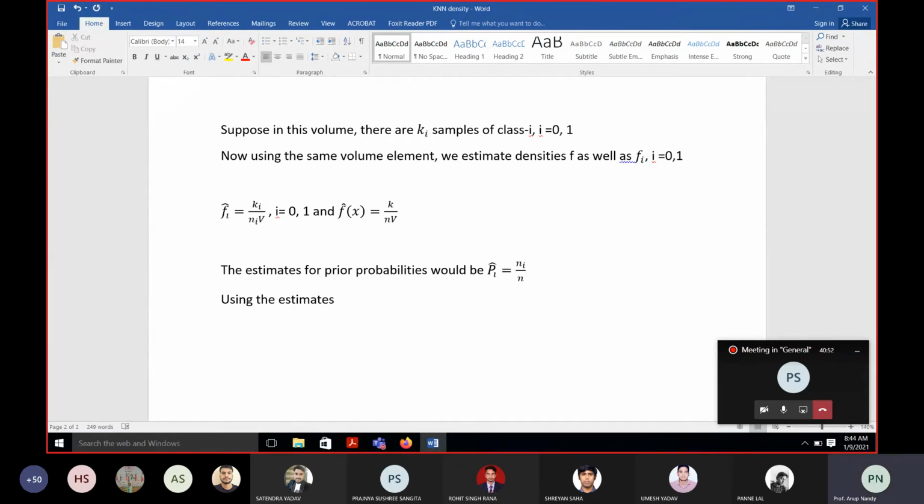Okay, you have to compute these posterior probabilities, which will be